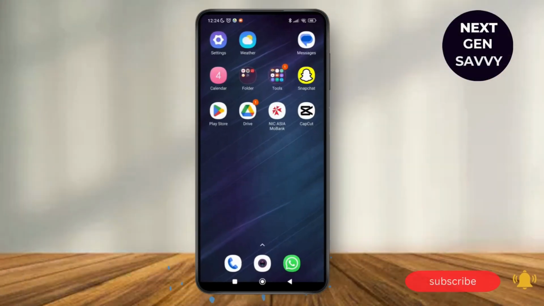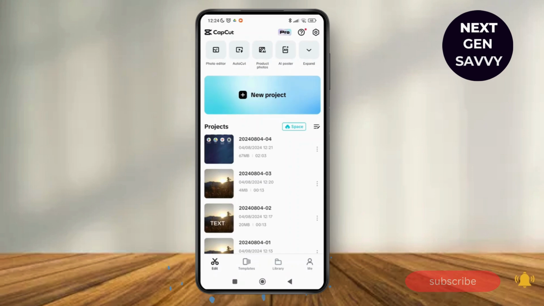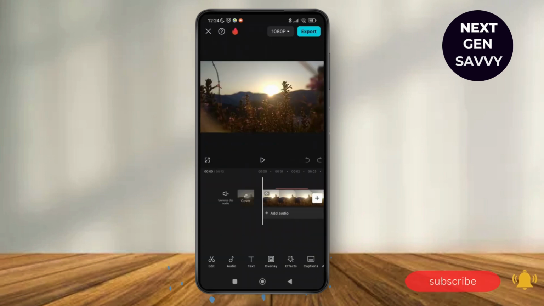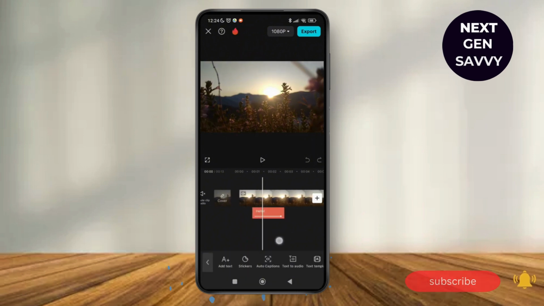So first of all, open up the CapCut application on your device and then select any of the projects that you want to export. So just select the project over here. I've selected this project over here. Now you can make any edits that you want, from adding audio to making an edit, adding text, or any effects as well as filters. So for example, if I just want to add the text over here, so let's just say I have added